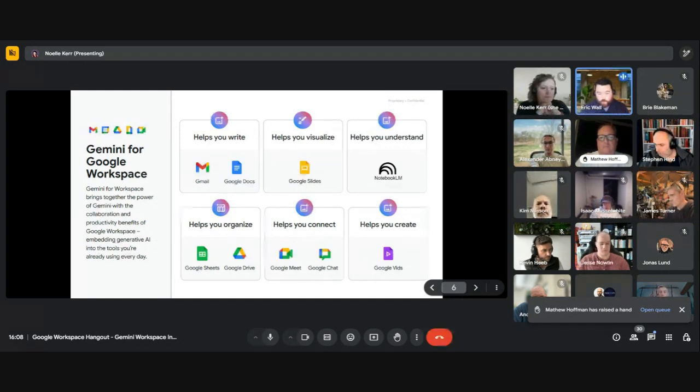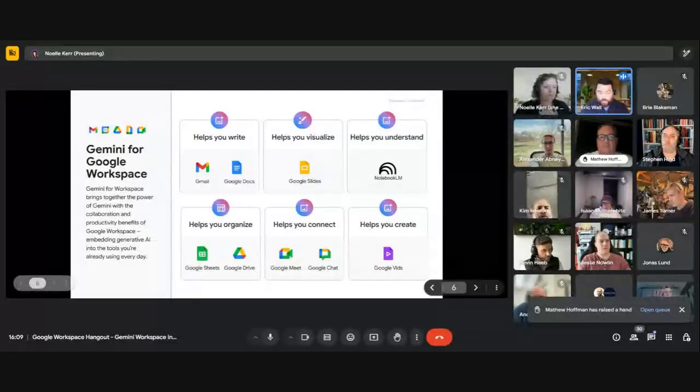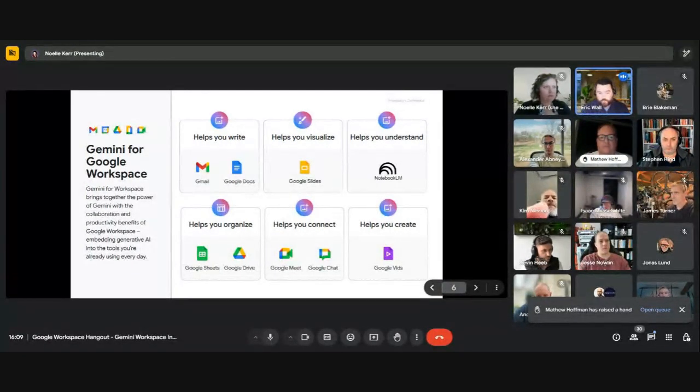And then down the bottom, you'll see the ability to help you organize data in the likes of Sheets and Google Drive. And probably the most useful feature that we found over the last couple of months is actually the ability to use it in Google Meet. So what you can do is you can do take notes for me, and these have gotten better and better as we went through this process. But you'll see there's a lot of stuff in Google Workspace that's available there, along with the other two ways to collaborate on it as well.